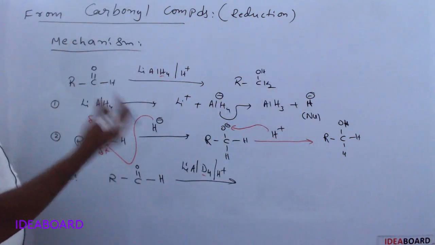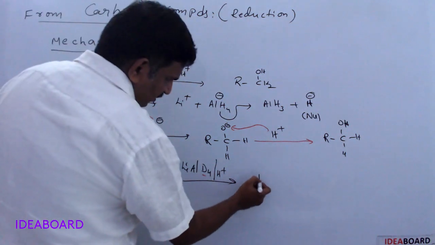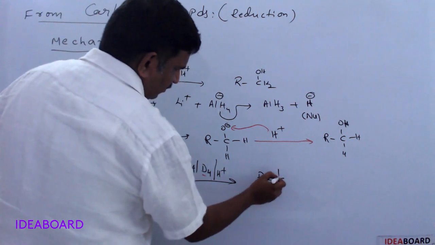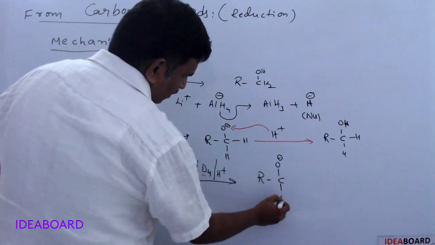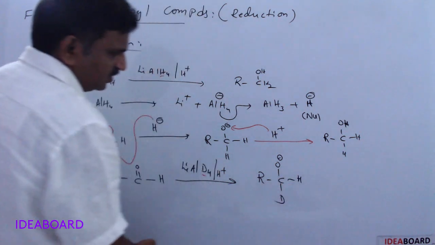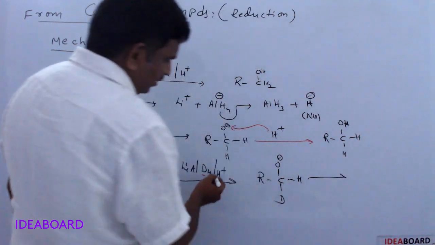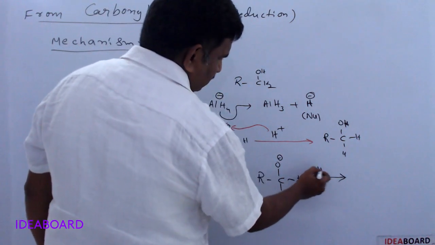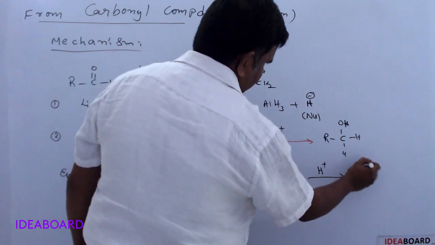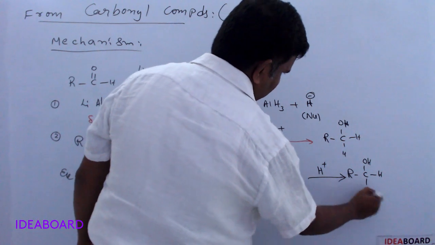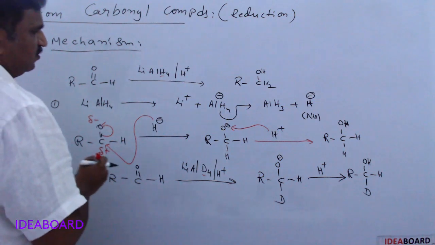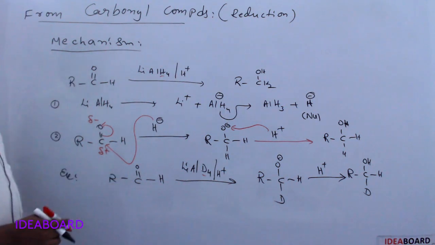In the same method, finally deuteride ion forms, like the hydride ion. That attacks the carbonyl carbon atom. First what is formed is O minus, with deuterium attached, and this is H. In the second step, H plus attacks the oxygen, and finally we get OH and H, and here deuterium. So please remember, we are adding two hydrogens to the carbonyl group.